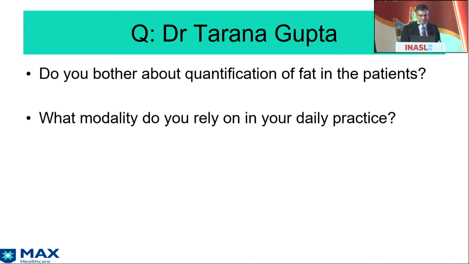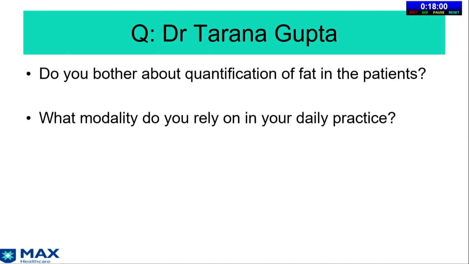Here we have a patient of diabetes who is having raised ALT levels, which is 91, more than 2 times upper limit of normal. And the ultrasound is showing grade 3 fatty liver. Definitely we should be bothered about the quantification of fat as well as the fibrosis in this patient. In routine daily practice, we will go ahead with CAP in our patients, which is incorporated in FibroScan machines. And CAP will give us a value, and sir is showing that.